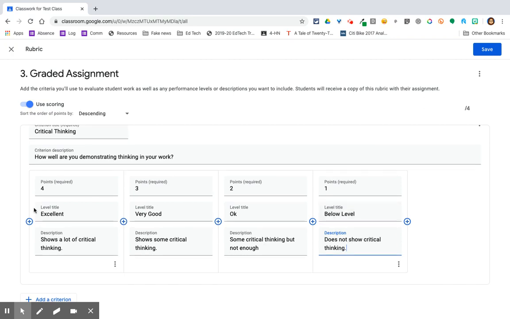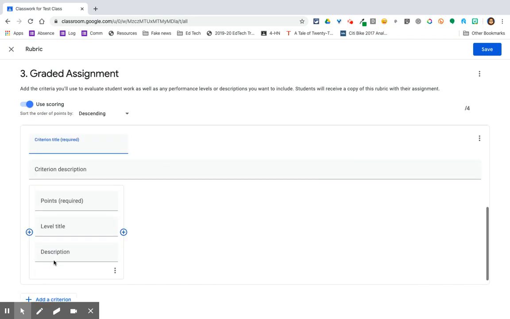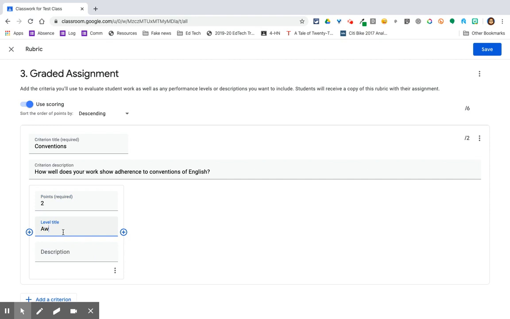Now, when I'm done with this, I can actually add another criterion if I want, which let's say is conventions, right? How well does your work show adherence to conventions of English? And let's say this one shouldn't be out of 4, this should just be out of 2. And this one is